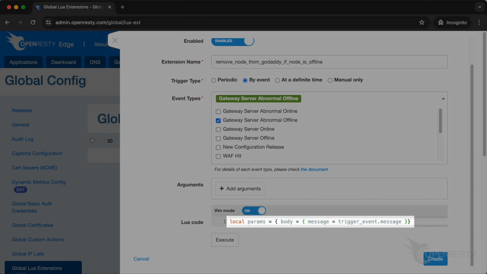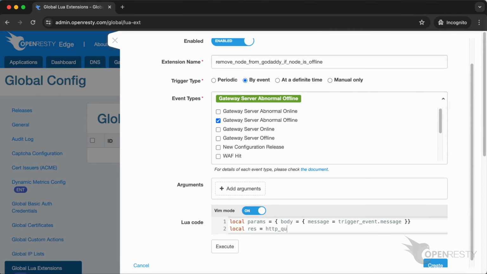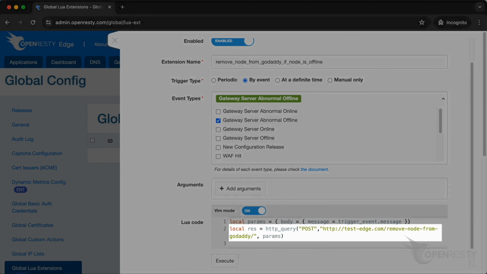When the event occurs, it will pass the trigger event to the Lua extension. Send a request to the manager service, which could remove the node from GoDaddy when it's offline.